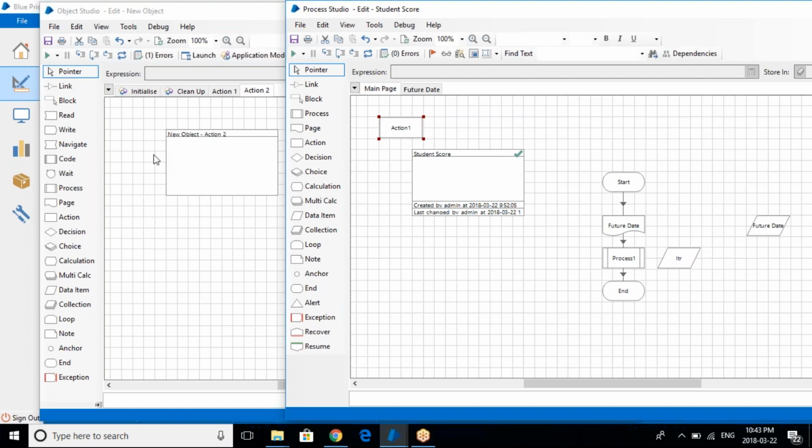So I hope this is clear too. Let me know if you have any doubt regarding Object Studio or object, what is the basic concept of object? Now,